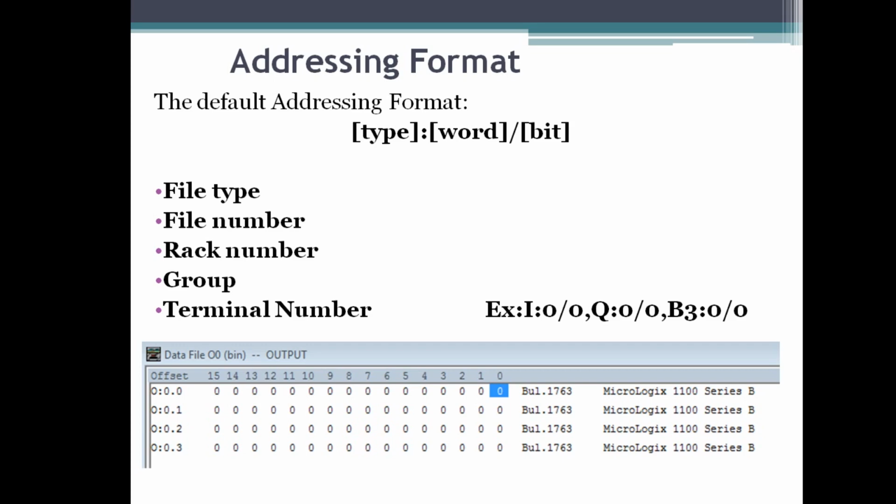If we place the module in a rack, the rack number tells exactly in which rack the module is placed. The group is a set of terminals within the rack, and the terminal is nothing but the bit number. For example, terminal 1 implies this one, terminal 16 means this one. Since the address starts with 0, we end with 15, so totally 16 bits. This is the module addressing. I'll show this in the software.